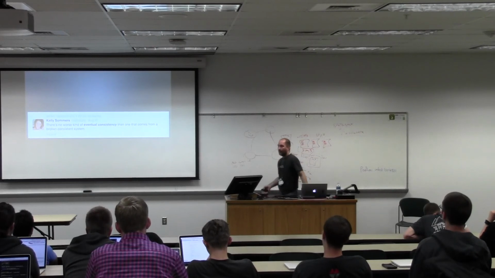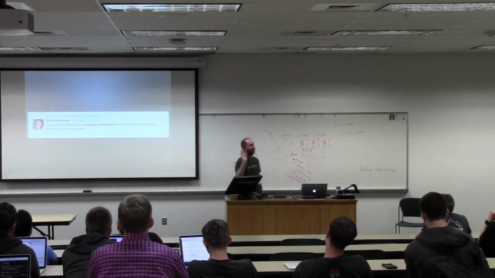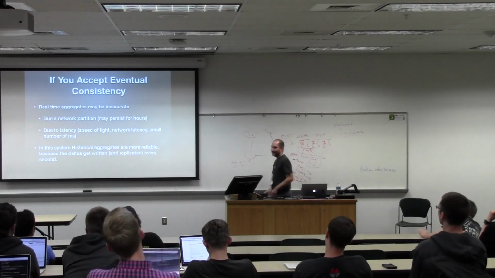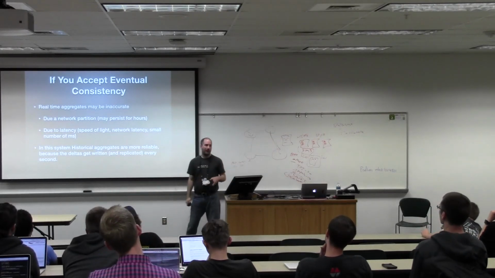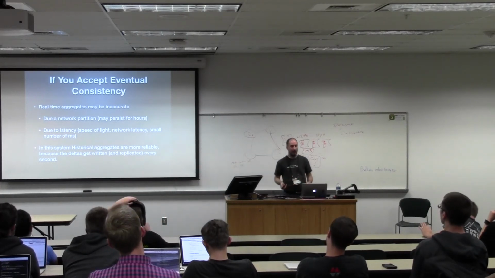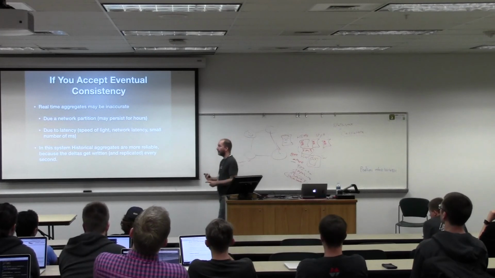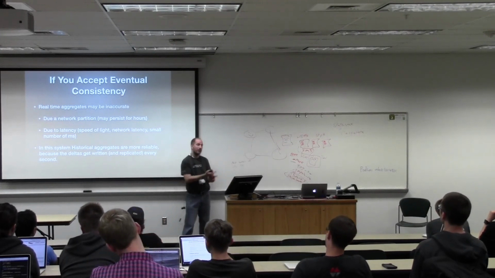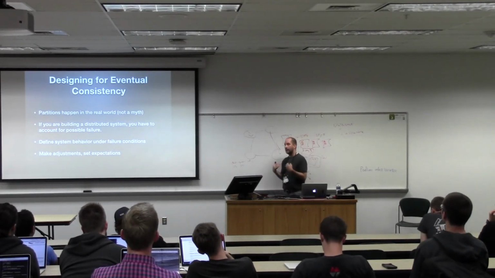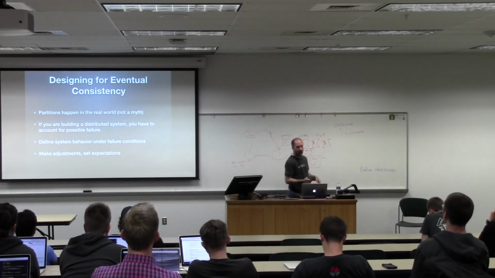And a takeaway is when you try to build your distributed system, remember that there's no worse kind of eventual consistency than a broken system that thinks that it's a consistent system. Right. So if you accept eventual consistency, realize that your data may be inaccurate, right? Due to network partitions, due to latency, but we can create systems in which historical aggregates at least are reliable, and our real-time estimates are probably close, right? And close within, if we're dealing with pieces of data, close means consistent within a few milliseconds usually, right?